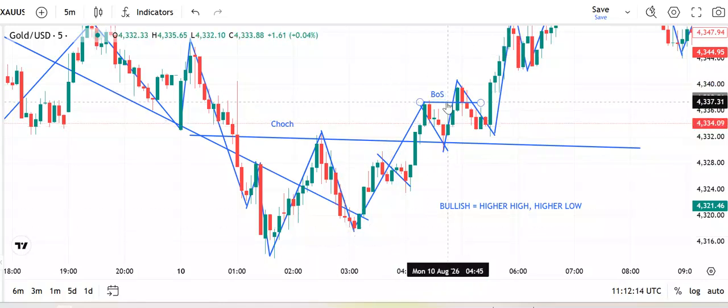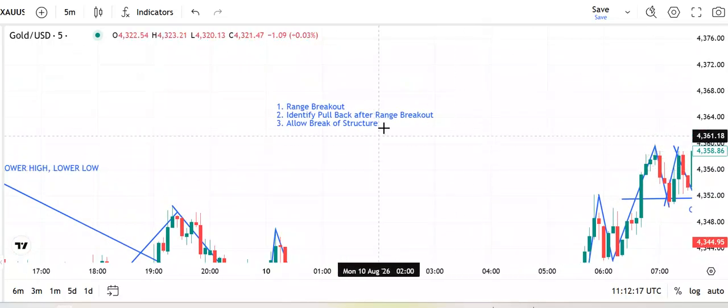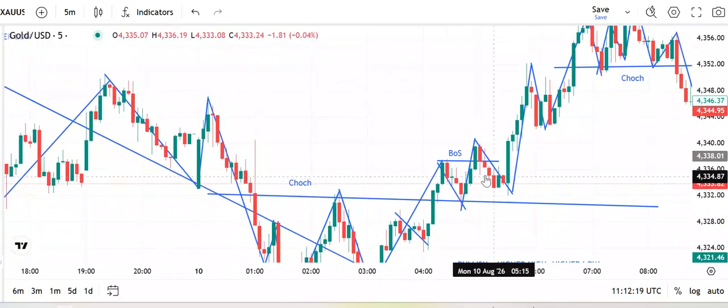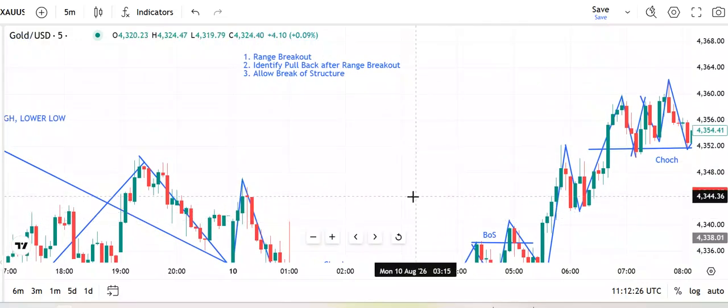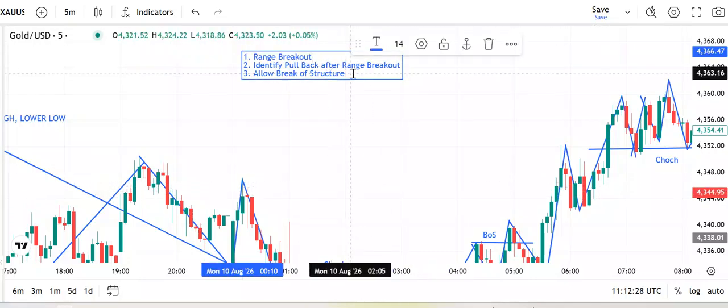You allow this. That's point number 3. So once this has happened and you see this candle close to show a break of this structure, that takes us to point number 4, which is